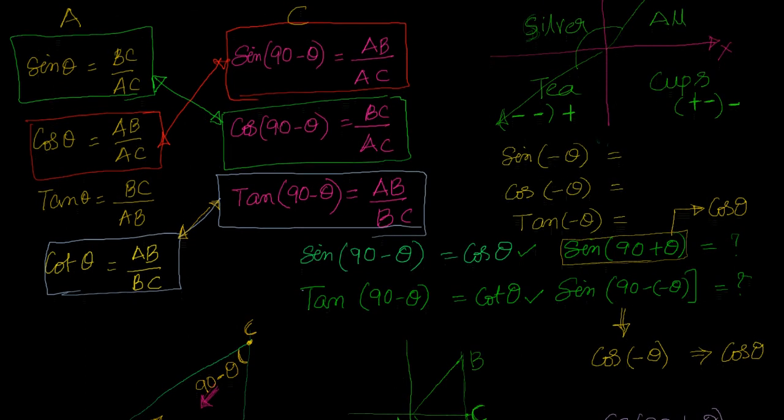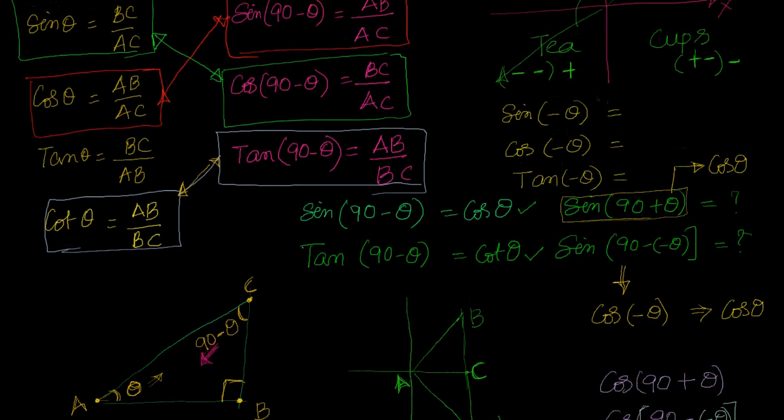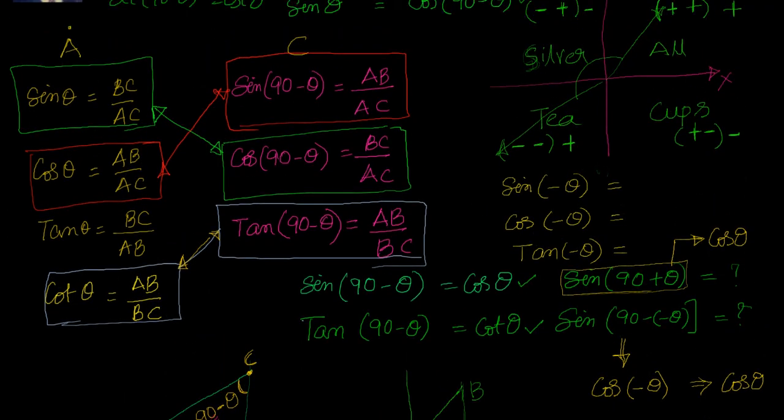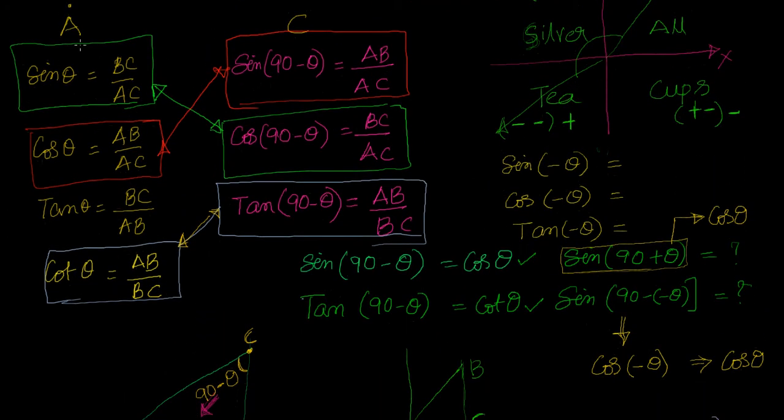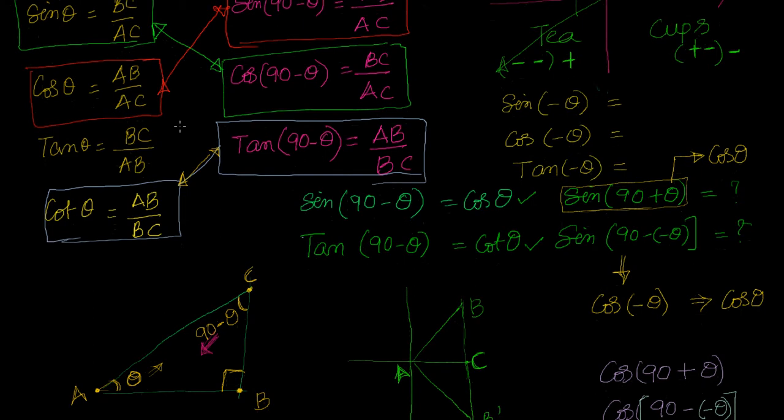What we want to do now is find the relationship between angle at A and angle at C in terms of trigonometric functions. So at A and at C, I have written down all the trigonometric functions. Sin theta, the trigonometric ratio based on angle theta, is equal to BC by AC. Similarly, cos theta is equal to AB by AC, adjacent by hypotenuse. Tan theta is equal to opposite side by adjacent side, BC by AB. Similarly, cot theta is the reverse of it.